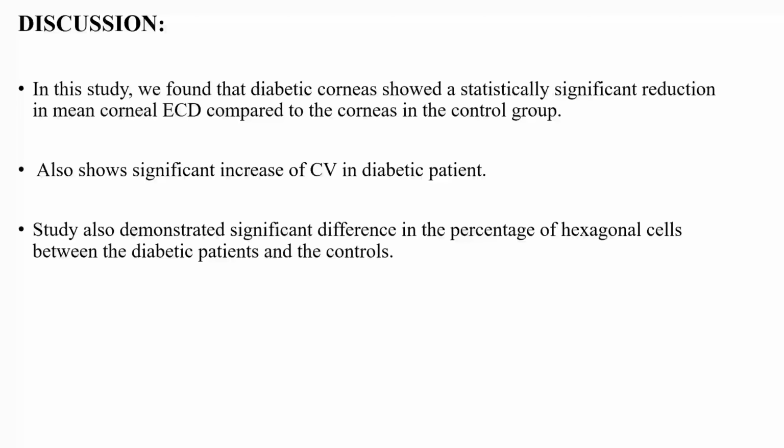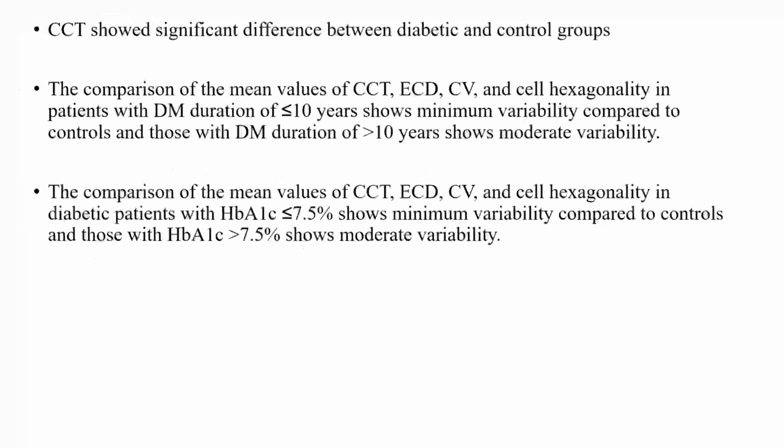Discussion: in this study, we have found that the diabetic cornea showed a statistically significant reduction in mean corneal endothelial cell density compared to the corneas in the control group. It also shows significant increases of CV in diabetic patients, and the study also demonstrated a significant difference in percentage of hexagonal cells between the diabetic and the controls. CCT showed a significant difference in diabetic and non-diabetic patients, and the comparison of mean values of all the indices